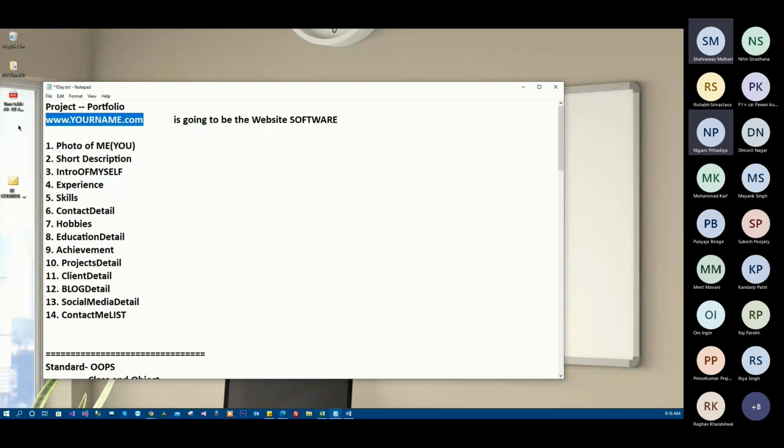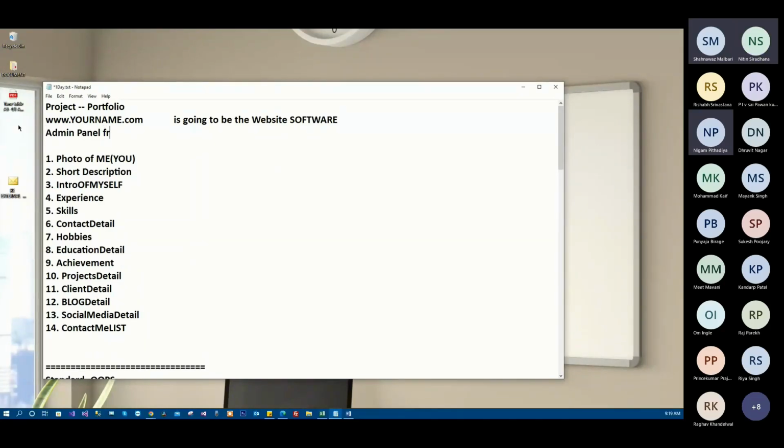The reason is that you are not going to build only the thing which is visible to HR, visible to the world. You are going to build something you can change from your end also. That is called the admin panel for your web application.